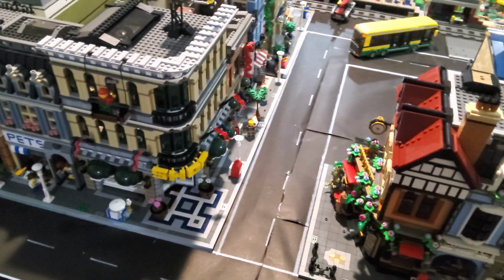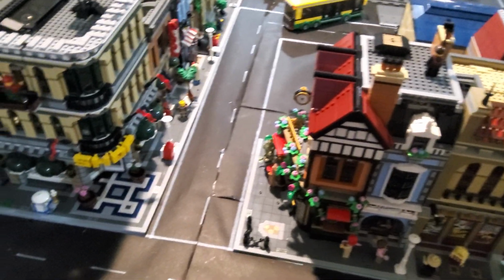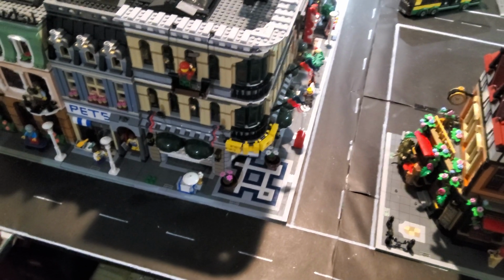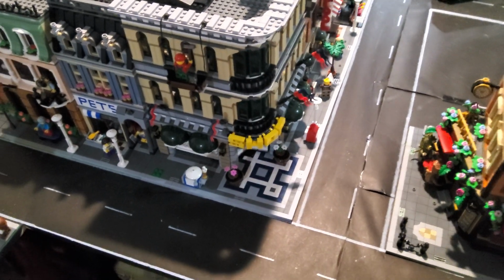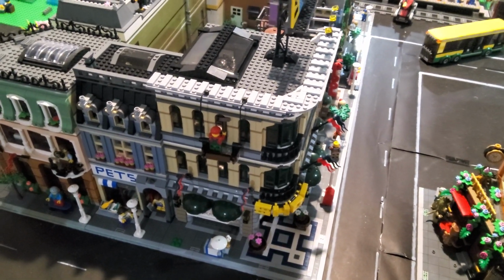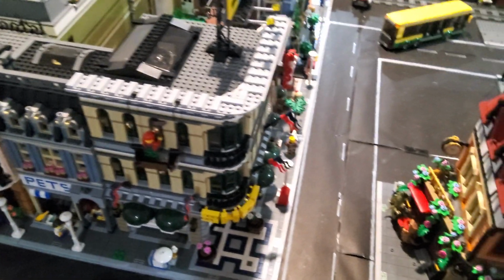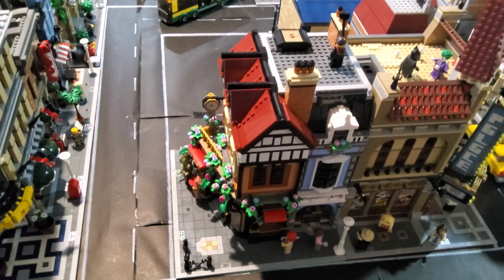So that is all different. And there's a couple things that I still haven't looked into, like the window frames for the Grand Emporium, but the large skylights on the roof of the Grand Emporium are actually only ever done for this set, as well as the UCS Imperial Shuttle from 2010. So they're only in those 2 sets,